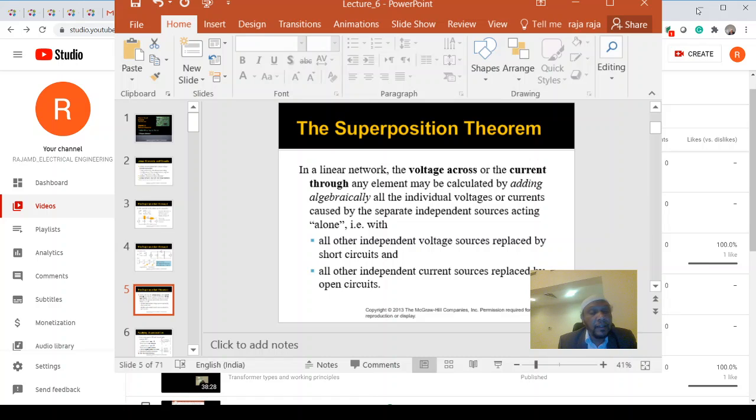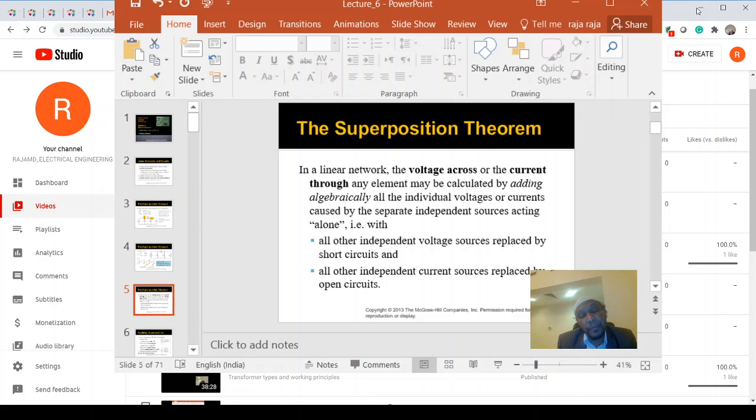And all other independent voltage sources are replaced by a short circuit. As I told you, you want to remove one source, or kill one source. What is the meaning of kill? It means off. So how do we turn it off? For example, for an independent voltage source, it is replaced by a short circuit. I just remove the source and put in a short line. A short line means we put one line in that particular source branch: we remove the source and put in one short line.